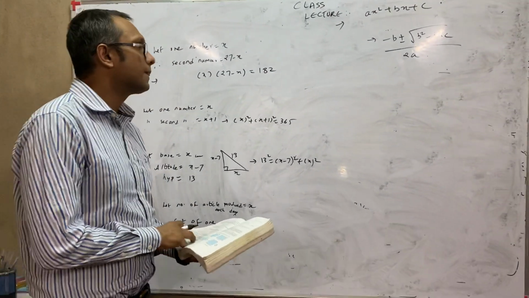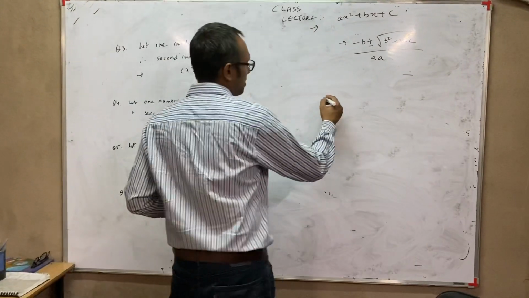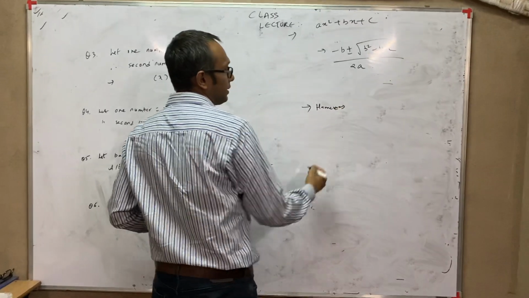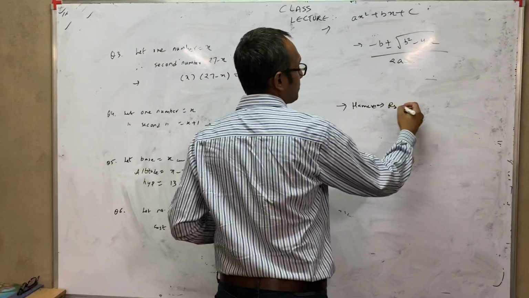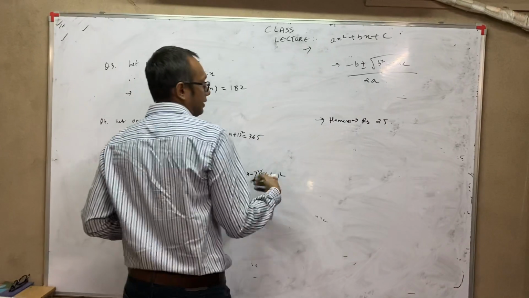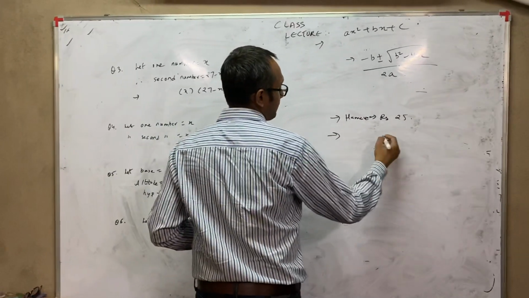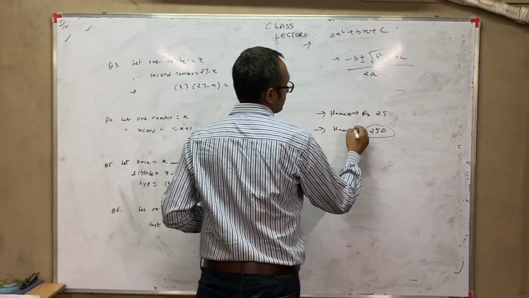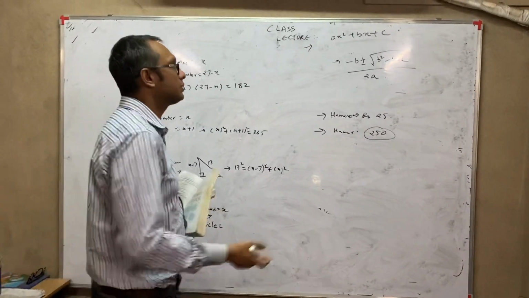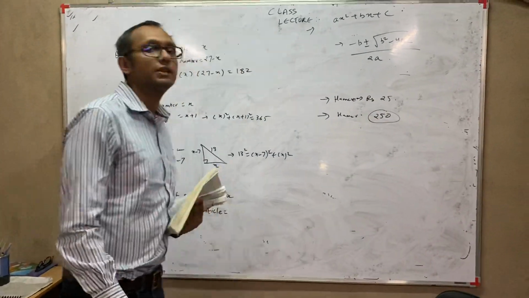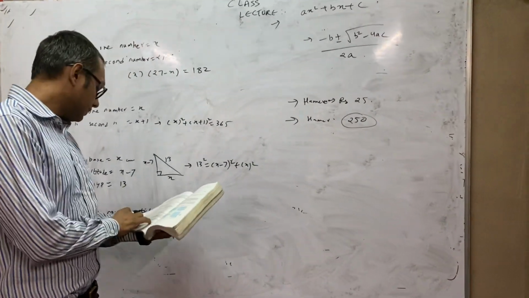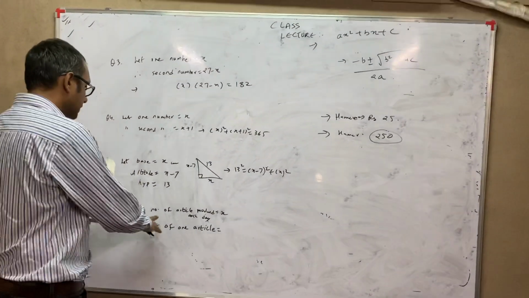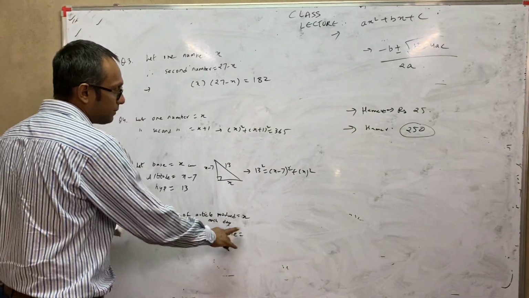Suppose I have a factory and suppose I make hammers. Okay, and suppose each day each cost of making each hammer is rupees 25, and if on a day I'm making rupees 250 worth of hammers, so that means I'm making 10 hammers. Okay, 25 into 10, so that means I'm making 10 hammers. So in this he is giving us rupees 90 is the total cost of production in a day. So let the number of articles produced each day be x.